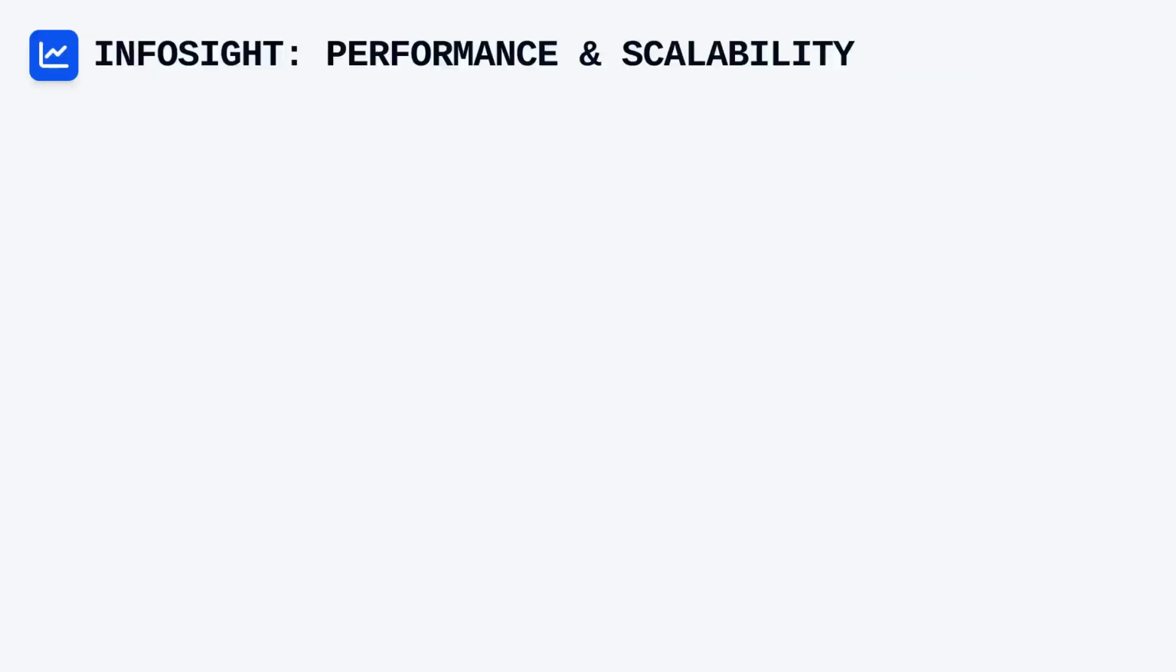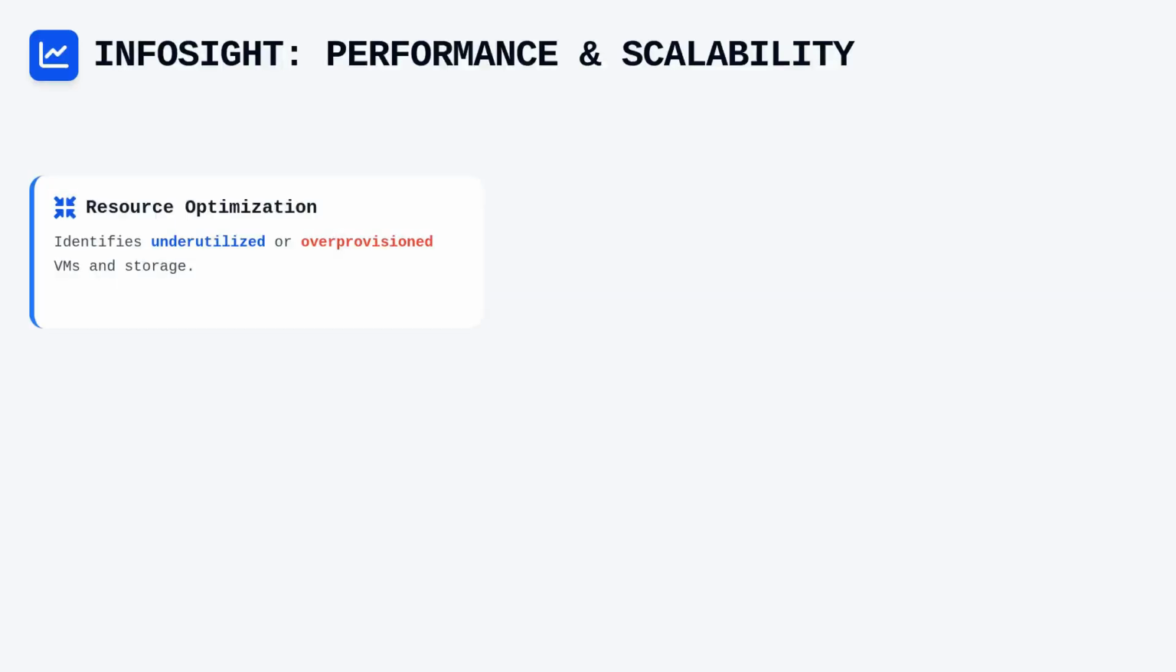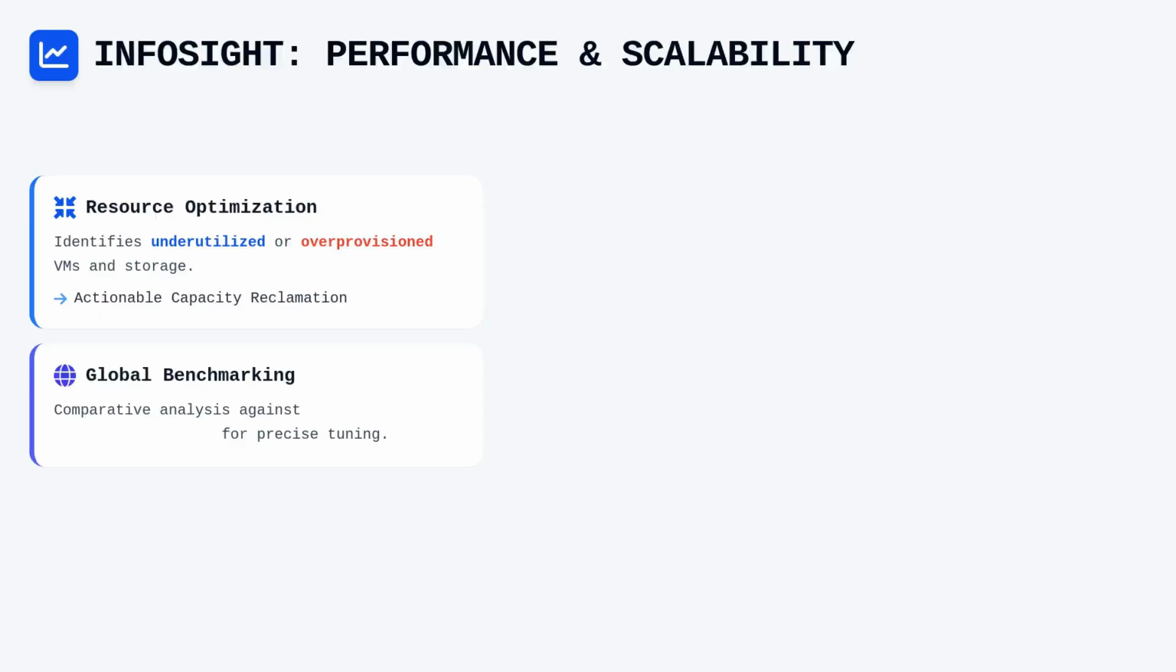In terms of performance tuning and scalability limits, InfoSight provides specific insights that allow for granular optimization of resource allocation. It identifies underutilized or over-provisioned virtual machines and storage volumes, providing actionable recommendations to reclaim capacity or improve throughput. These recommendations are based on historical performance data and comparative analysis against thousands of similar deployments within the global HPE community. Furthermore, the cryptographic baselines utilized during data transmission ensure that all diagnostic information remains secure while in transit to